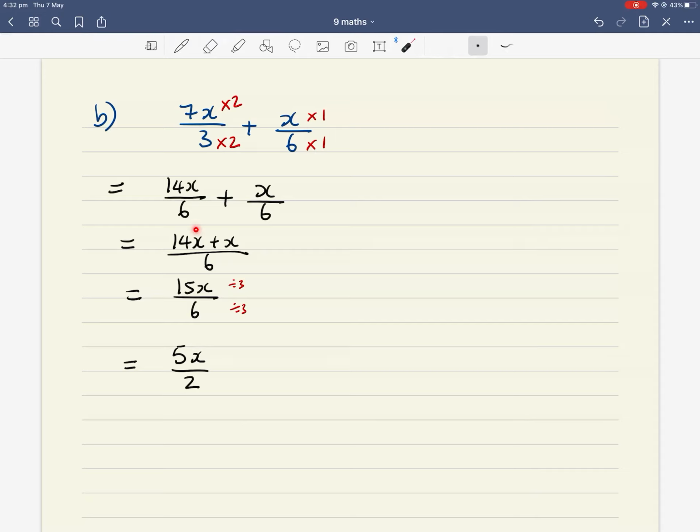So a lot of people tend to make the mistake on the exam and just say, yep, I just make the same denominator, I just add them, and I get 15x over 6, but they always forget to check their answer for the most simplified form of